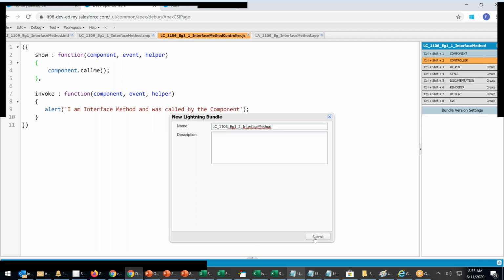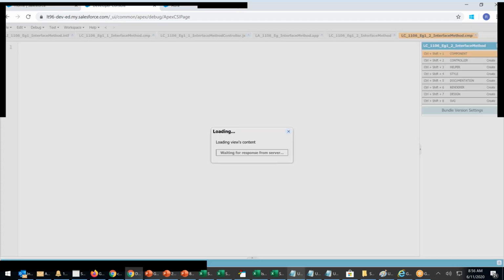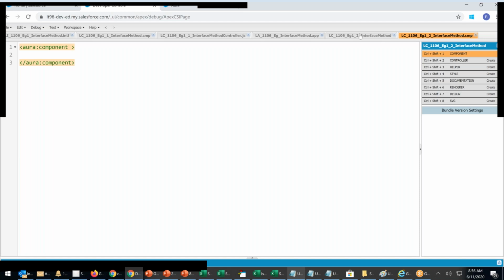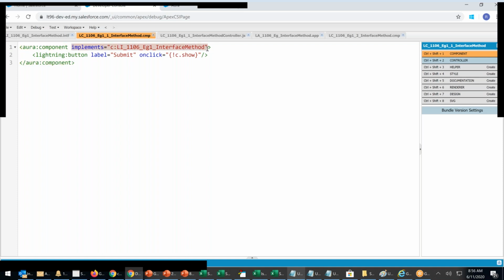I click on it, so I'm creating a component. In the component, same thing, it implements the interface. Component 2 is also implementing the same interface.